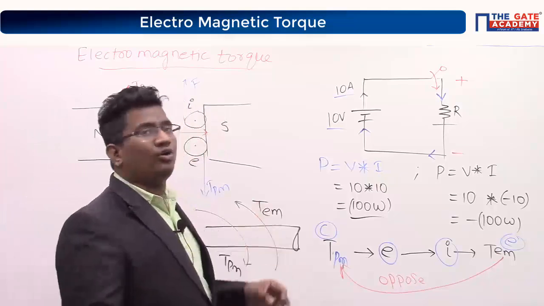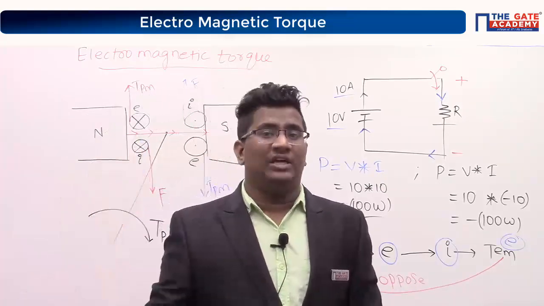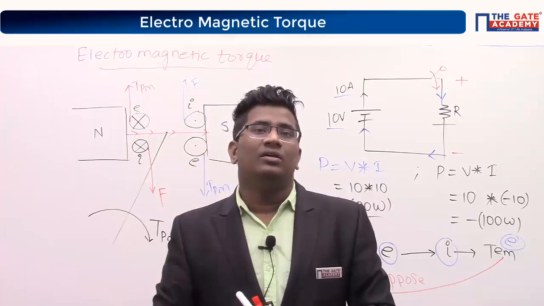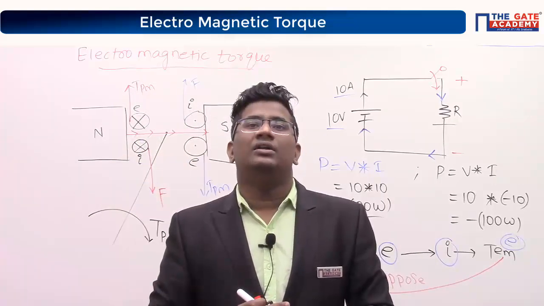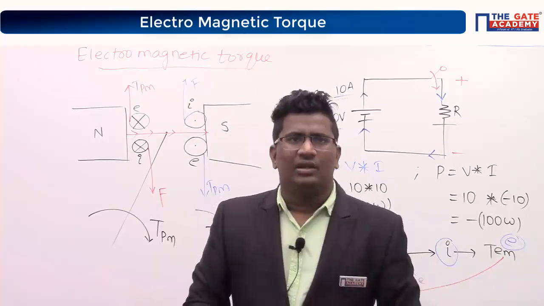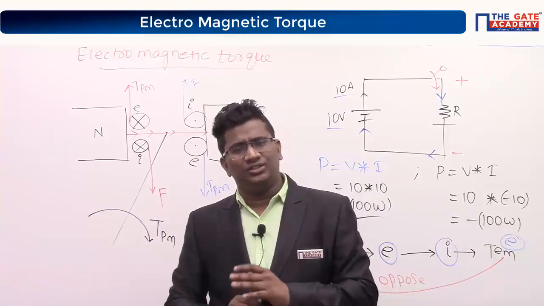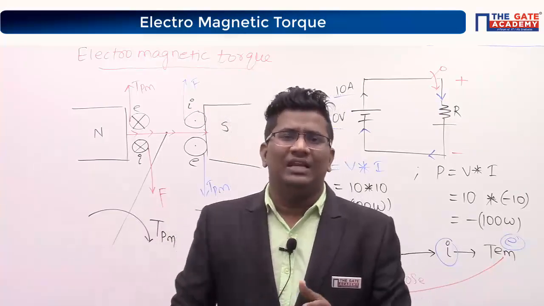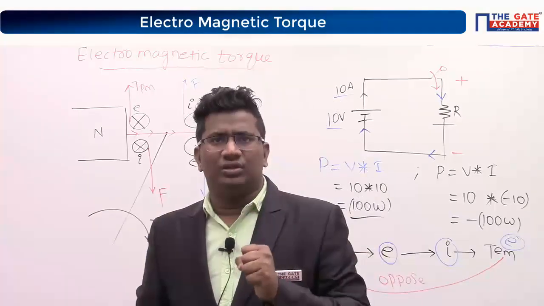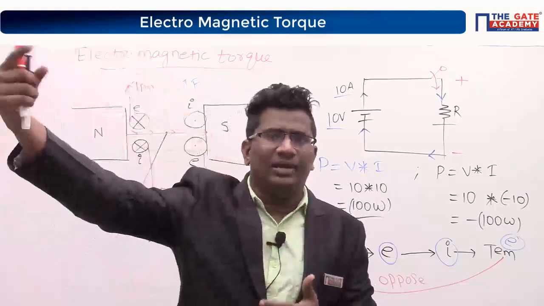Therefore, the rotation of the shaft is helped by the prime mover torque, but it is opposed by the electromagnetic torque. That is why, whenever you increase the load of the generator, the speed reduces because of Lenz's law; the prime mover torque will decrease. It means the speed is not sufficient to meet the load requirement.